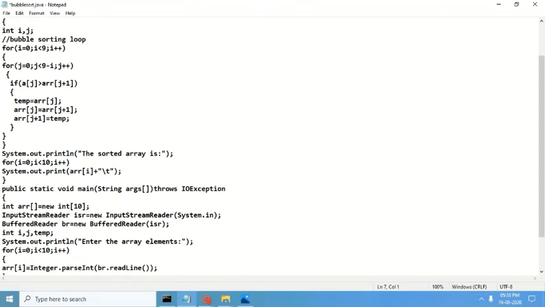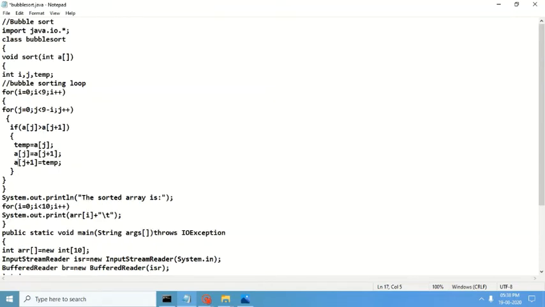So see what I am doing. I am removing j and temp from main, and I am declaring temp inside the function sort. The array names are being changed to a instead of arr. The values of a[j] and a[j+1] are compared, and through the temporary variable they are interchanged if the if condition is true. And then we are going to print the sorted array. Instead of arr[i], we'll be writing a[i].